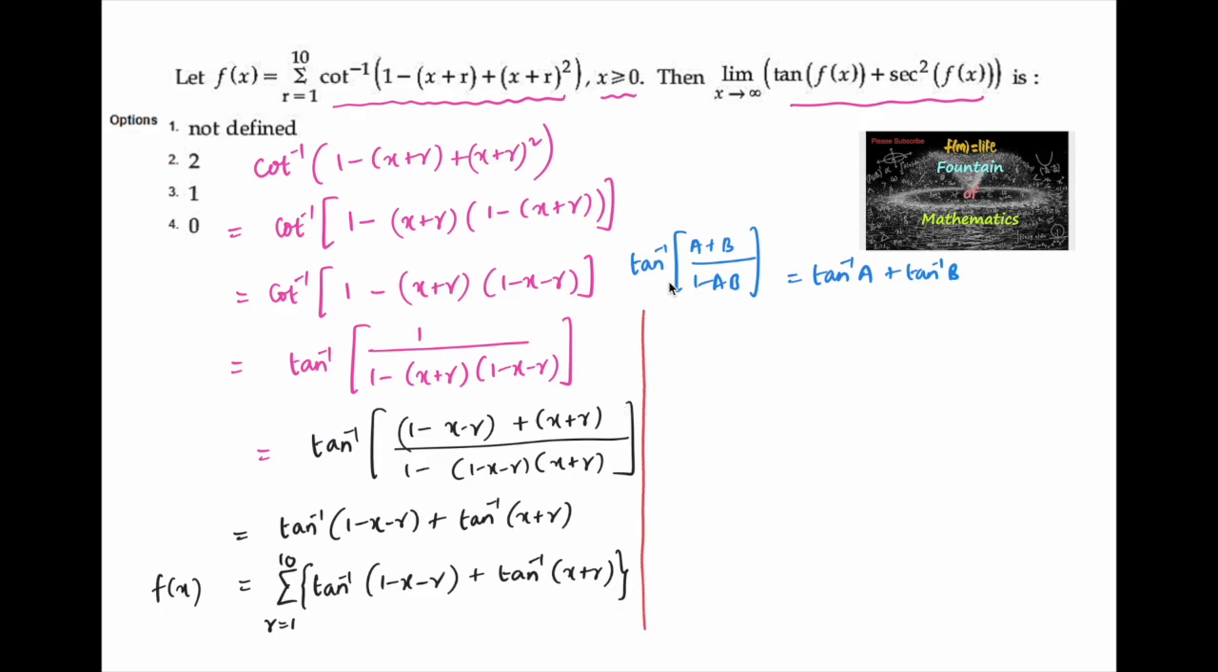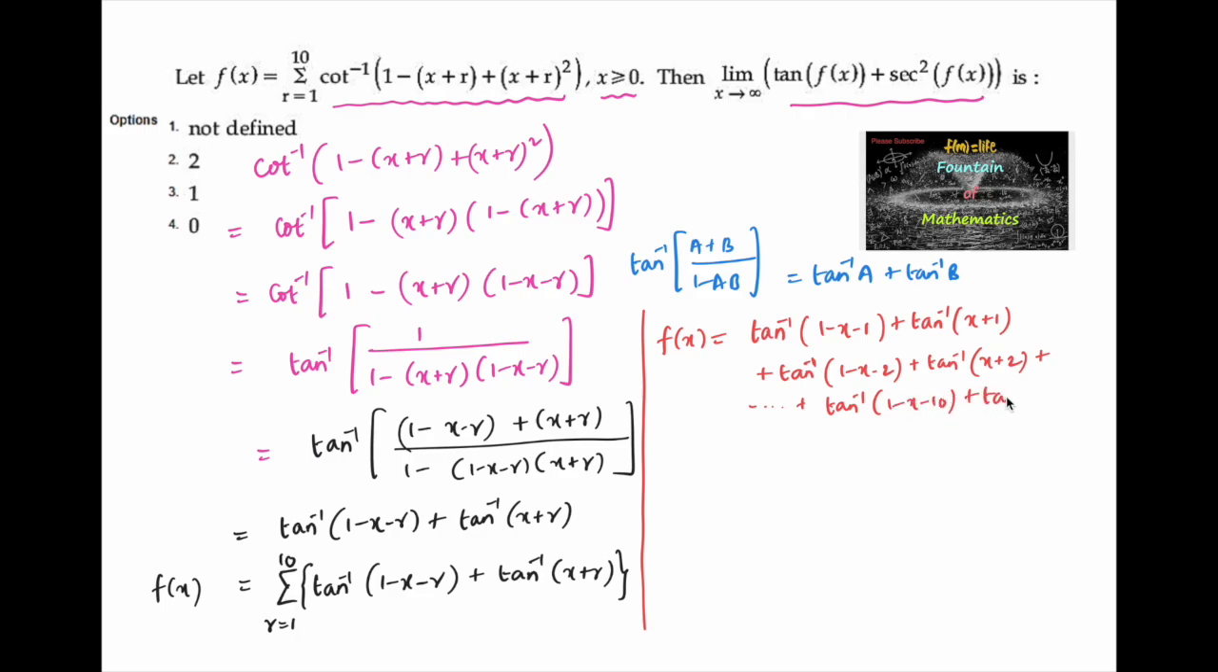So we can write f(x) as follows. If I take r equals 1, you'll get tan inverse of (1 minus x minus 1) plus tan inverse of (x plus 1), and again plus tan inverse of (1 minus x minus 2) plus tan inverse of (x plus 2), plus, and so on, tan inverse of (1 minus x minus 10) plus tan inverse of (x plus 10), which is equal to